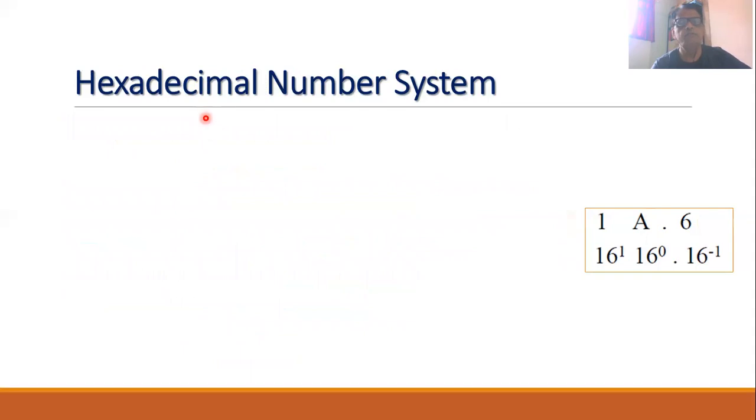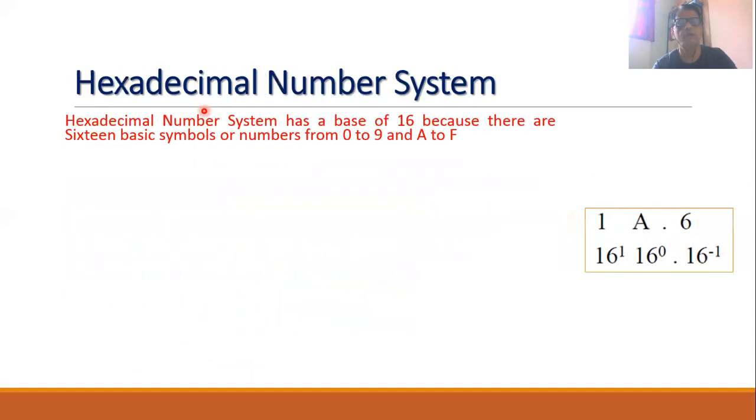Another number system that is being frequently required in the study of electronics is the hexadecimal number system. Now, as its name suggests, hexadecimal number system has a base of 16. That is, there are 16 basic symbols. Now, we know that the numbers are from 0 to 9. The basic numbers are from 0 to 9. And now we require more symbols, and therefore the letters A to F are used as the basic symbols of